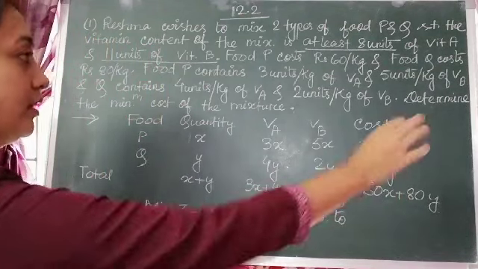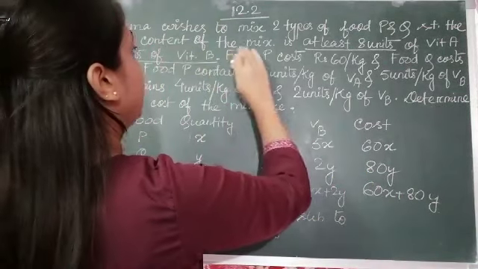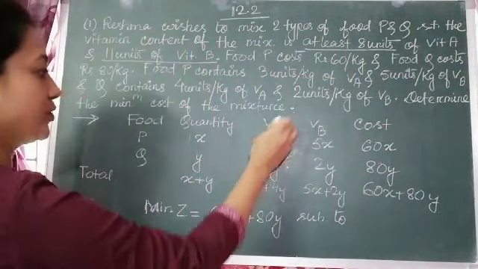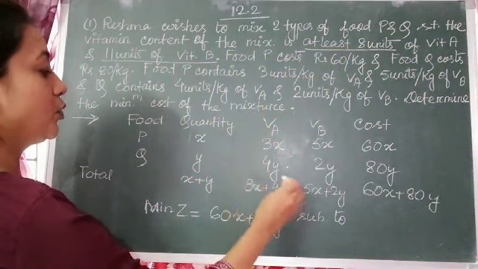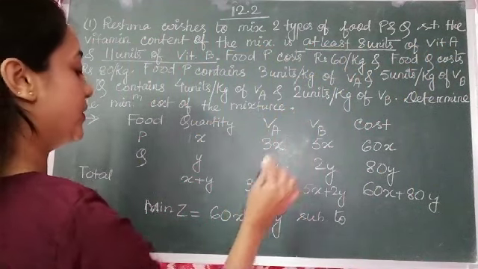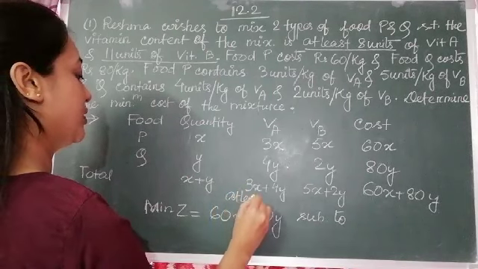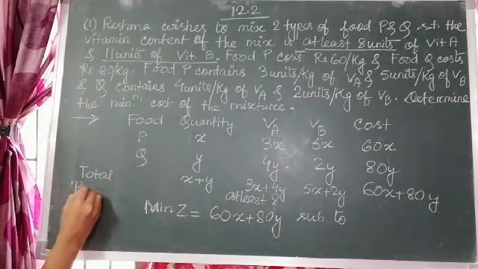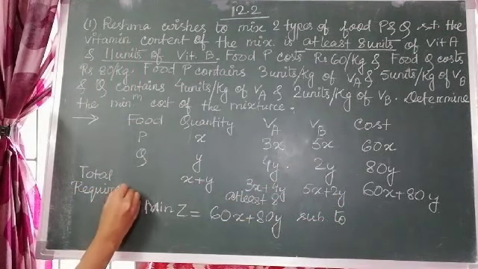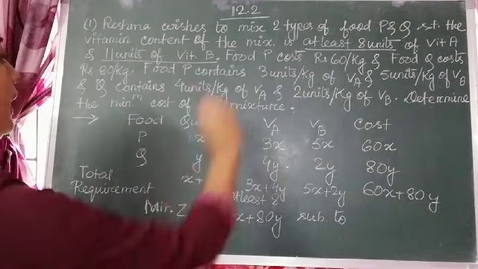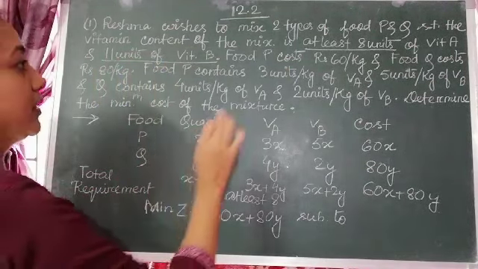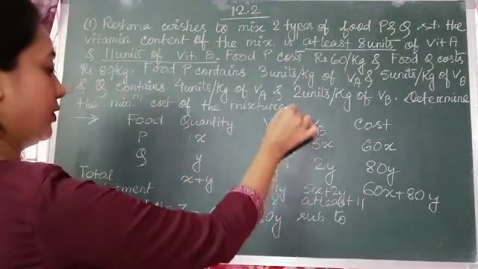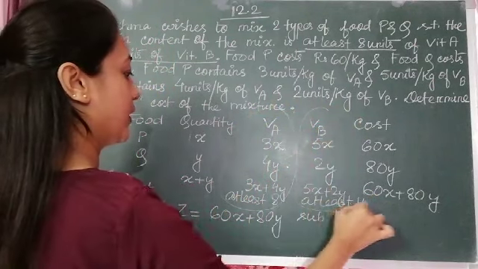So we will write the constraints. Now you see one thing, it's given that the mixture, in the mixture, vitamin contained of the mixture is at least 8 units of vitamin A. So this part, vitamin A, total mixture will contain what? At least 8 units. So this is the requirement here. And the mixture contains 11 units of vitamin B. So at least 11. Here again. So based on this, you'll get the constraints.